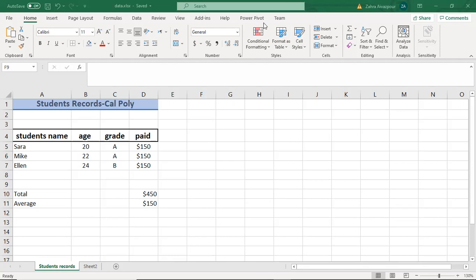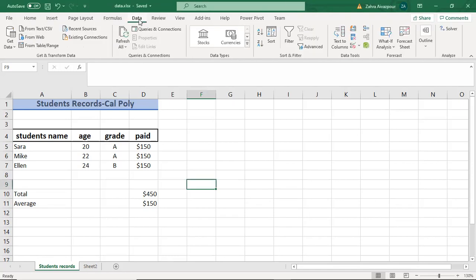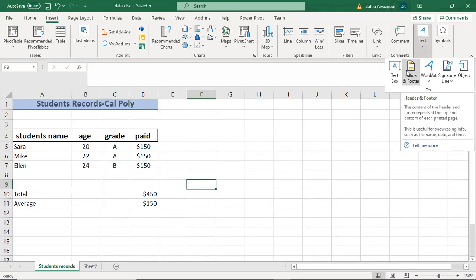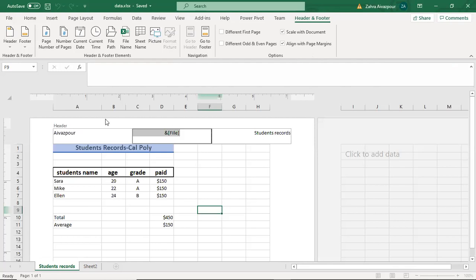For adding a header and footer, go to the insert tab, go to text, and then you see this header and footer. You just click on it, and then it shows this